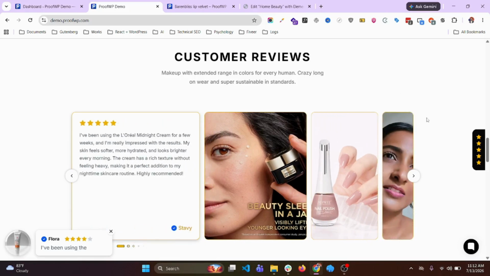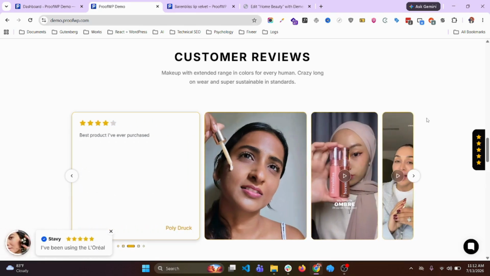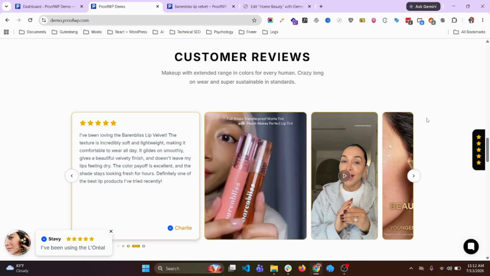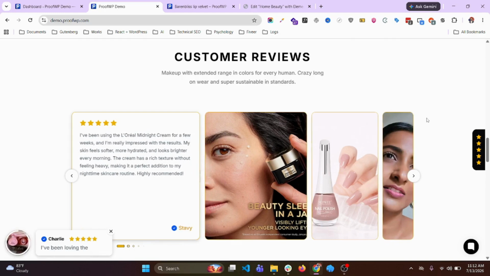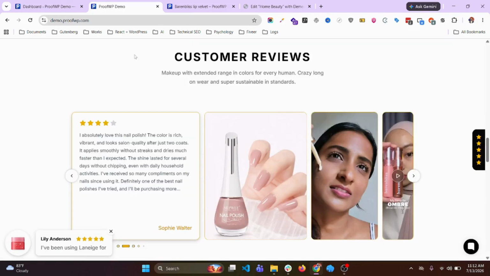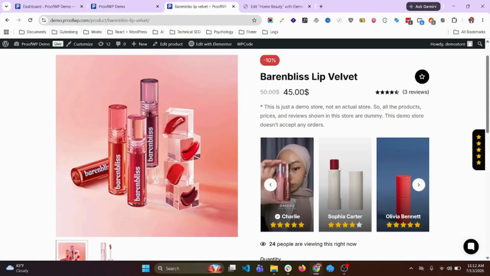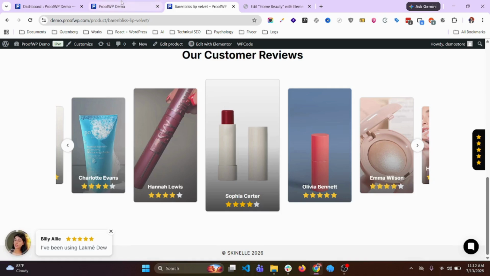Hi, in this video I will show you how we can create an image review in our WooCommerce store, like on the home page, shop page, or single product page. So this is how it looks, and in the shop page, if I click here and scroll to the bottom like this,